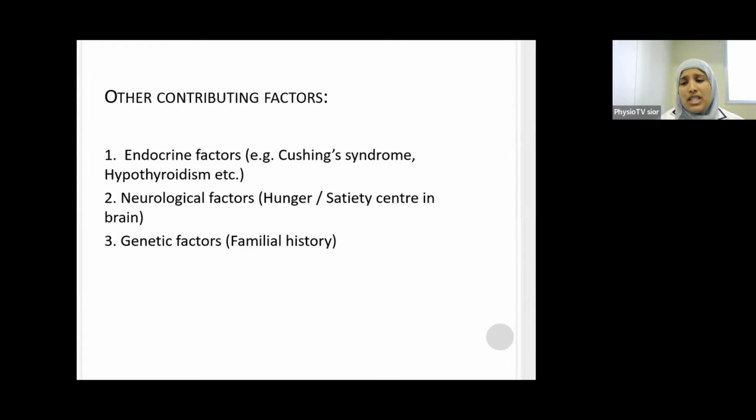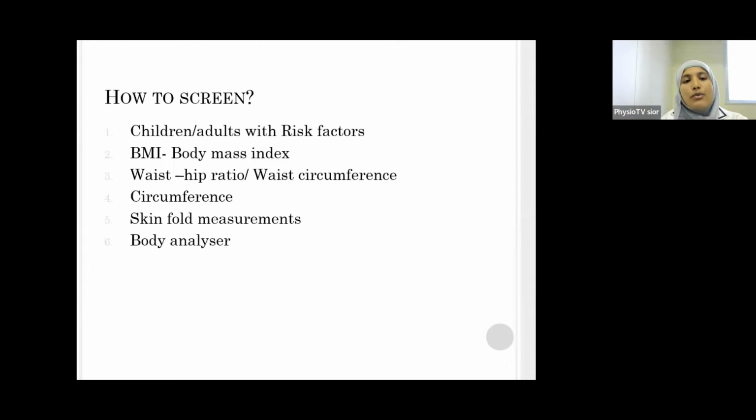The effects of obesity on the body are various. You can land up with diabetes mellitus type 2, and cardiovascular diseases. Like we said, if you have central obesity or more visceral fat, the risk of having cardiovascular diseases is more. Then the risk of fatty liver increases, and having kidney or gallstone issues increases. You can land up with osteoarthritis or even sleep apnea, which is why we come to the point of how to screen both the adult and the child.